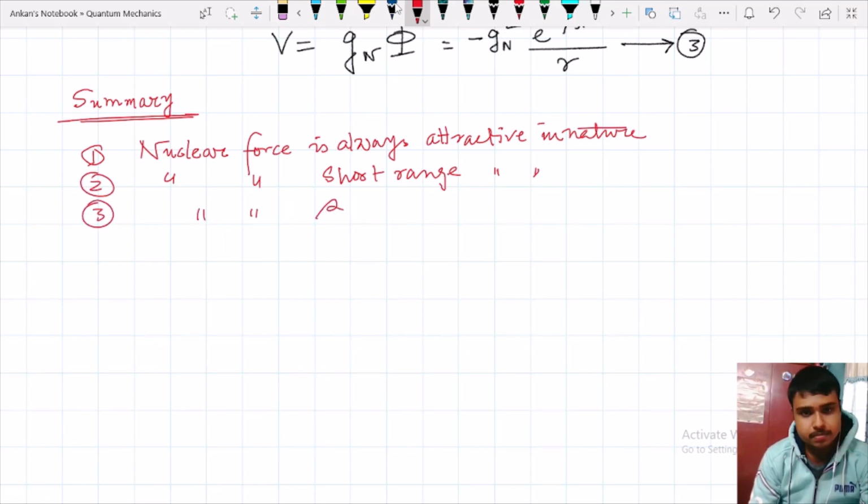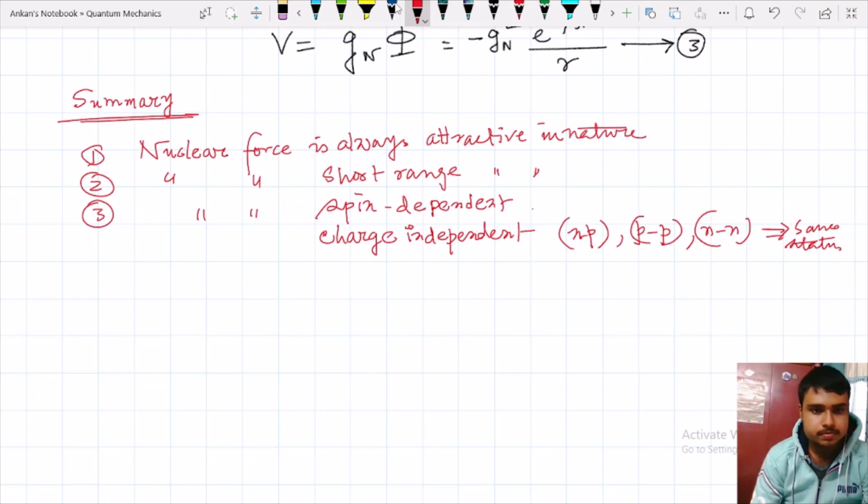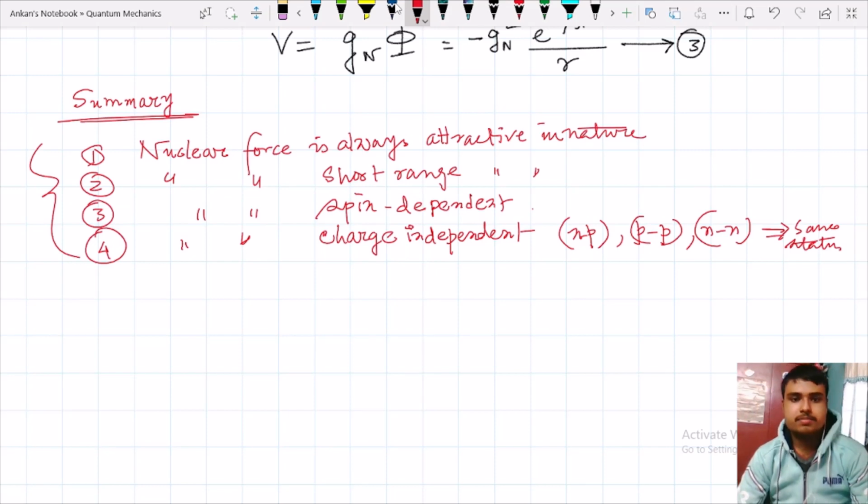It is spin dependent. We have shown it by the example of the bar magnet. It is charge independent: neutron proton, proton proton, and neutron neutron are of the same status. These are the four basic properties of the nuclear force, and the model given by Yukawa is not wholly complete. It is still under modification,